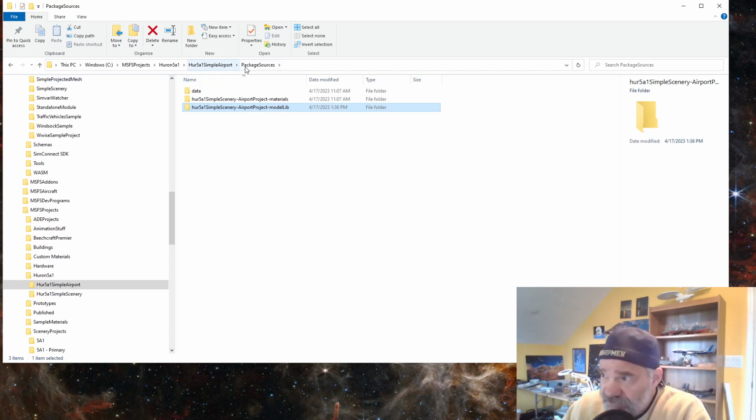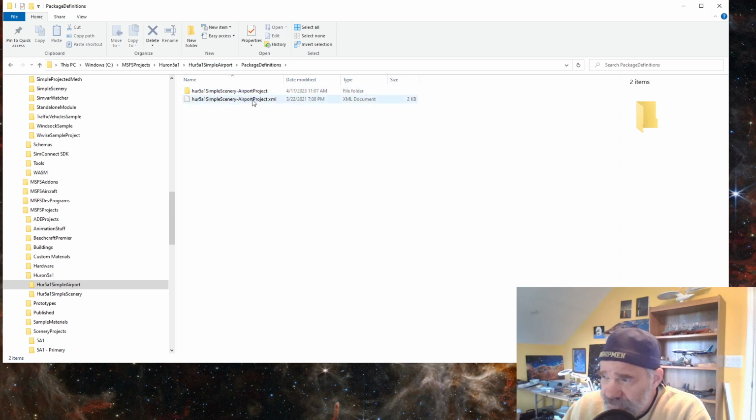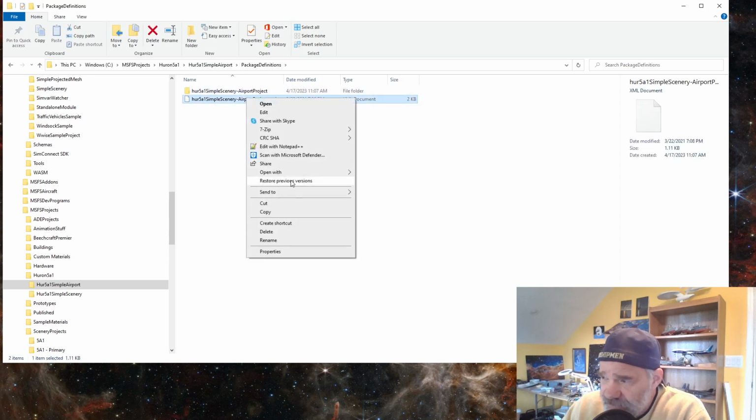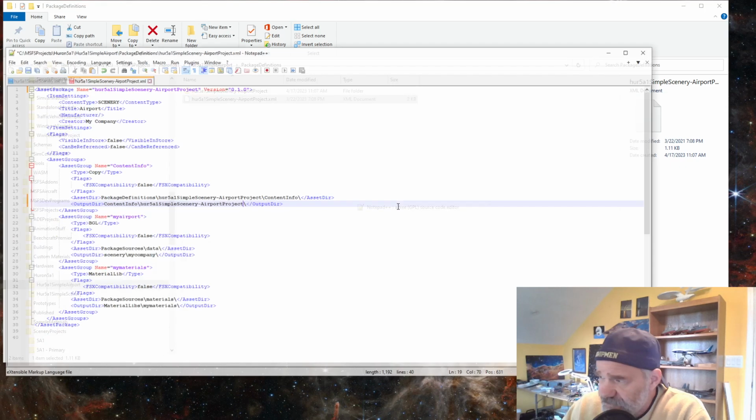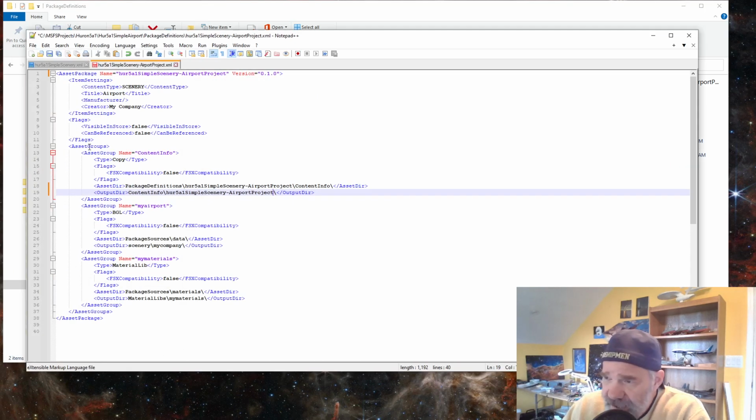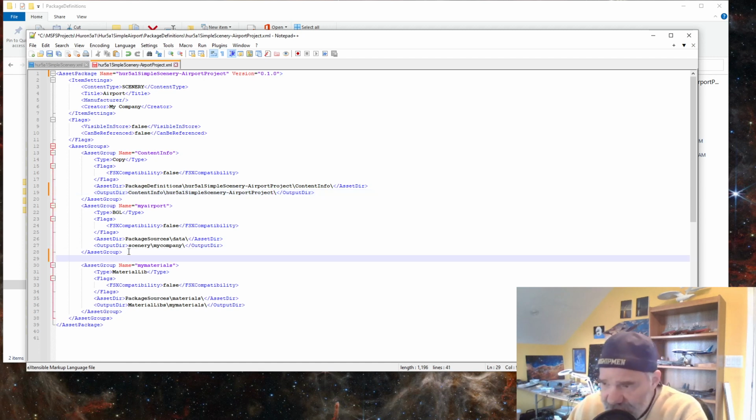So I would have to go back to the package definitions and go into that XML, right click, open that in Notepad++, and I would have to add a new asset group for my model lib, okay? And there are different ways that you can do it. If you know how to write the tags, you can create a space somewhere, hit enter after another asset group,